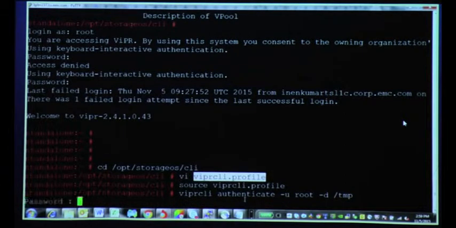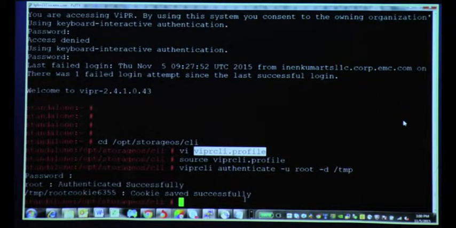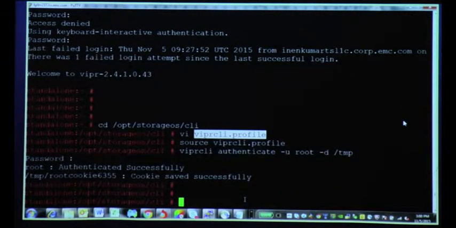So the Viper can be accessed using three modes. One is the UI portal service. Another one is through the command line interface. And the third is through the REST API, which is the direct API. So you can write whatever client you want to interact with the Viper. So there are three modes of interaction.